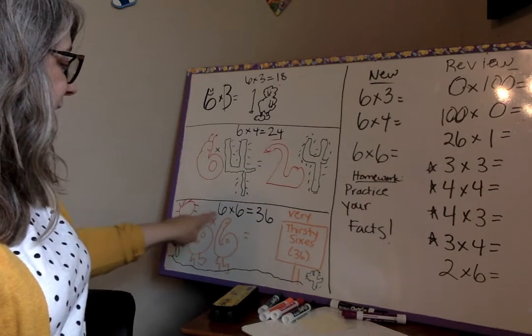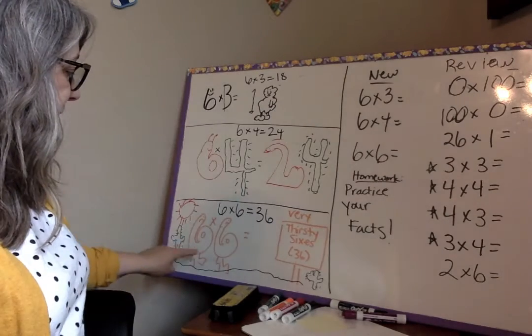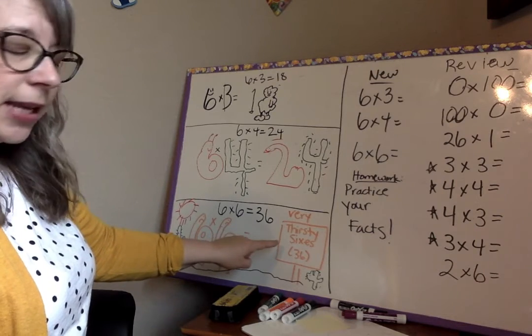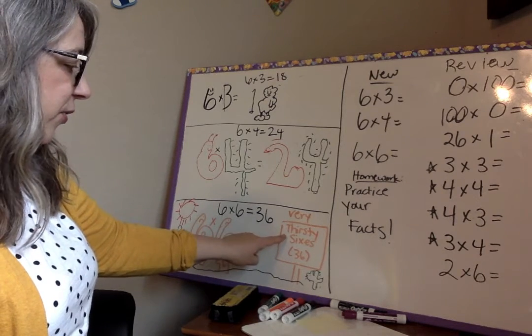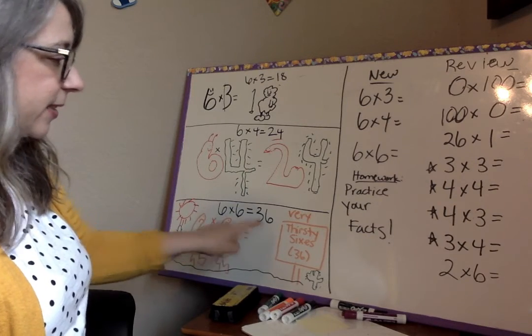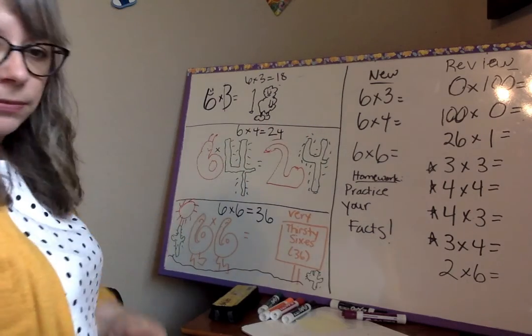And our last story is 6 times 6. We have those thirsty sixes. So the twins, 6 times 6, went out to the desert. They became very thirsty, so they are thirsty sixes. 6 times 6 is 36. Now remember, if you can get